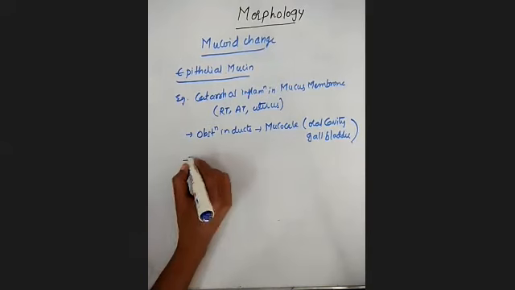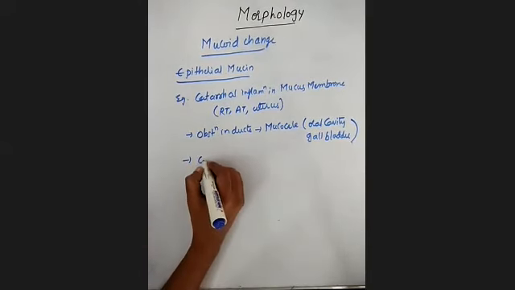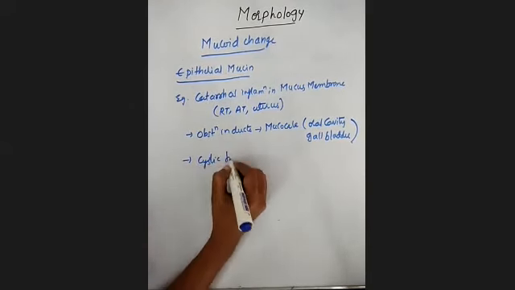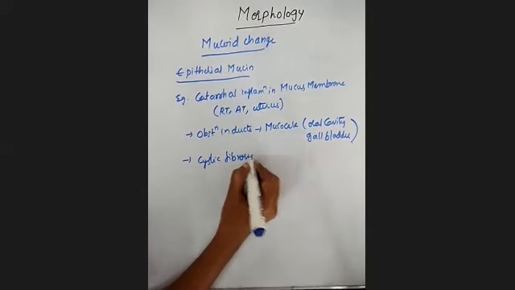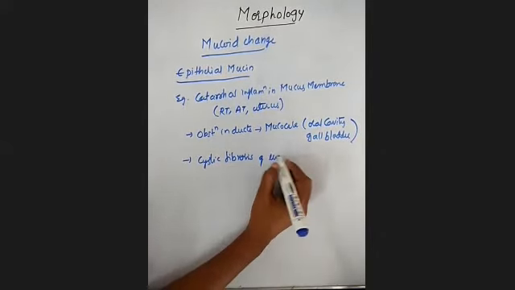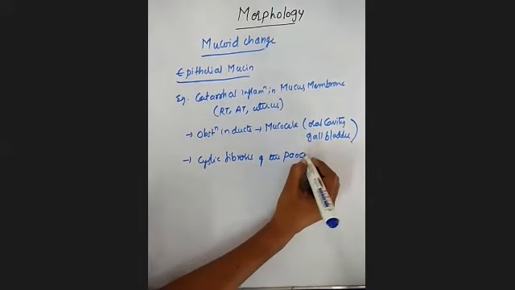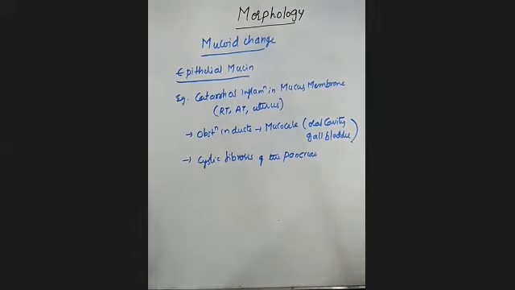And next one is cystic fibrosis of the pancreas. Clear? In case of the pancreas also, if there is any fibrosis, the ducts will become fibrosed, meaning very hard. There you are going to be secreting some mucin. That is also one of the examples of epithelial mucin.